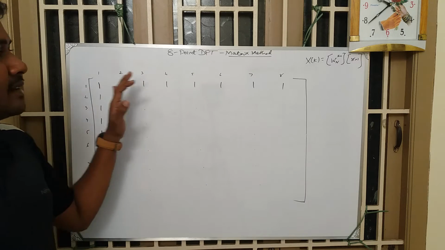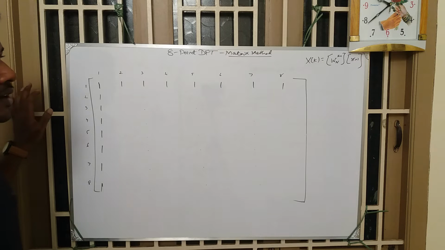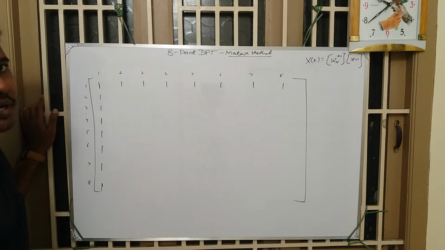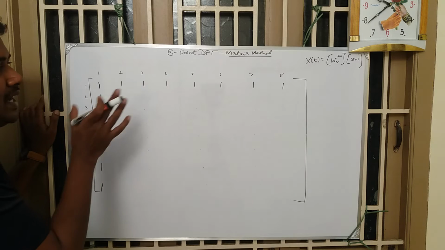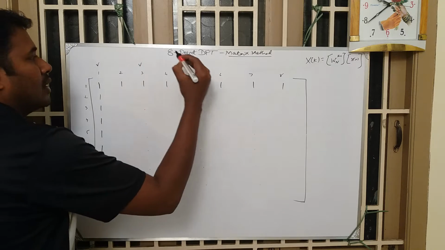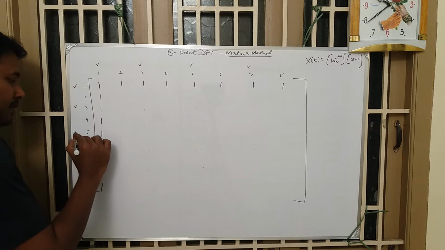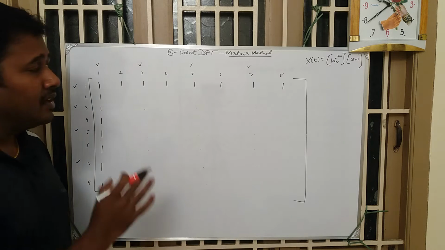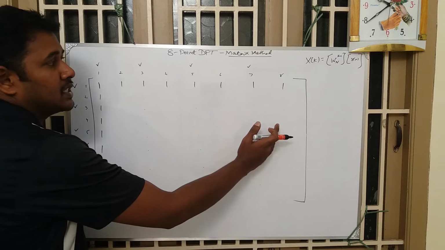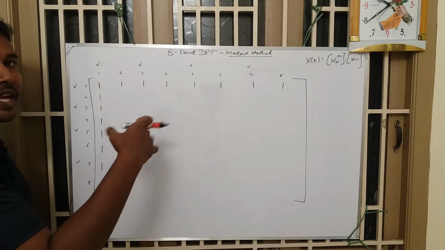We always know that it is an 8 cross 8 matrix, so I have written numbers here in columns as well as in rows. You also know that the first row and the first column are going to be 1. So we need to fill the rest of the matrix. Take the first column, third column, fifth column and seventh column. Similarly, take the first row, third row, fifth row and seventh row. Here, the first column and the first row are already filled up, so we are left with 3 columns and 3 rows. First we need to fill these, then we can proceed further.